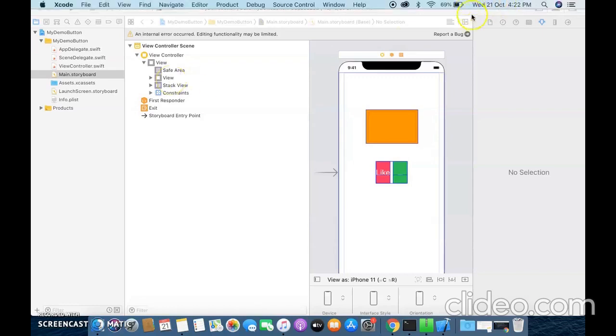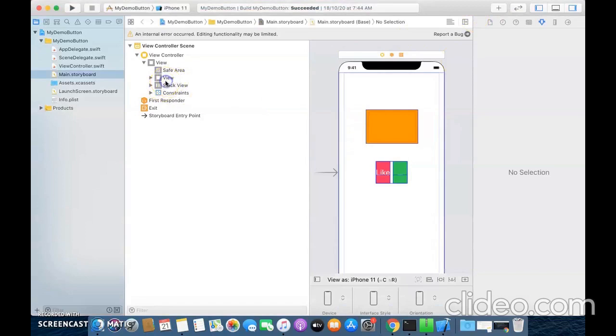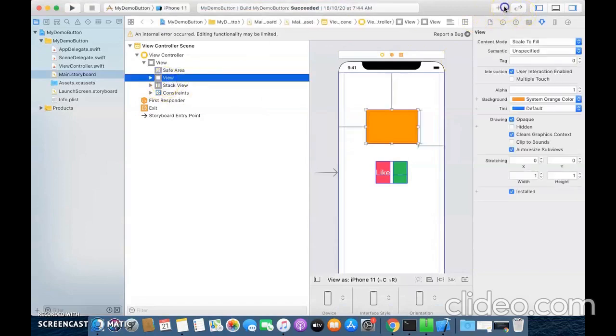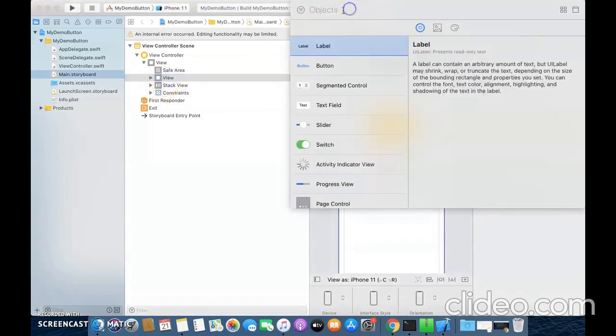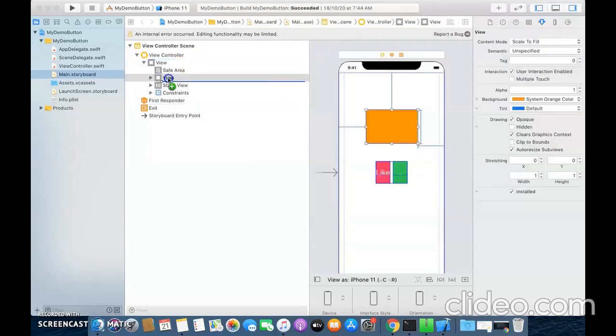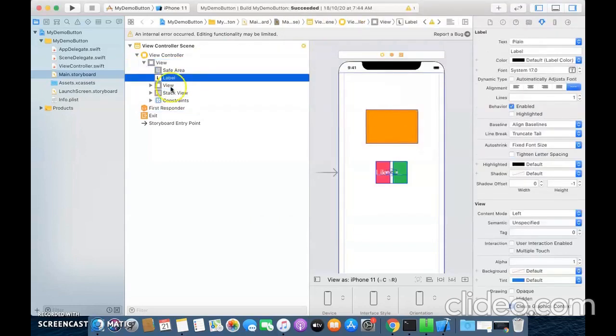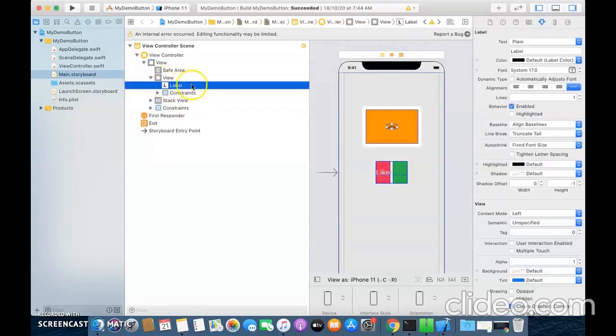I'm just going to drag and drop a UI label over here. Let me go to my object library and drag and drop one UI label. Let me drag and drop the UI label inside this view.